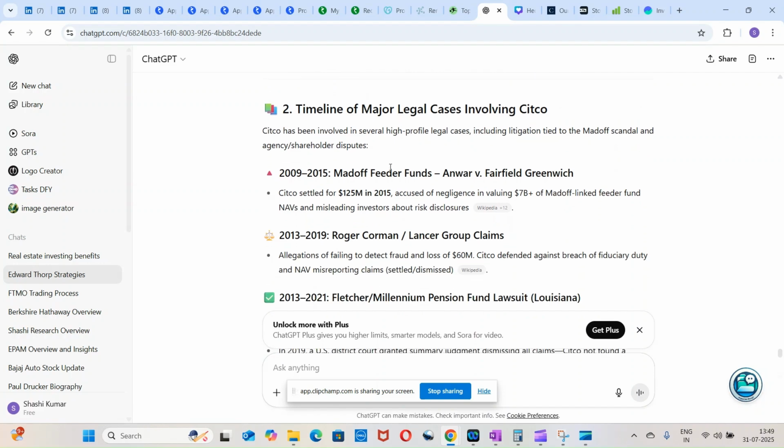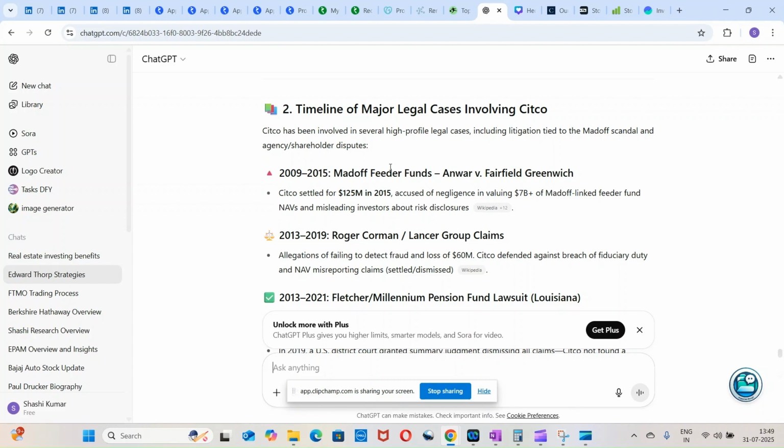Some of the challenges the company has: major legal cases involving Citco. It was involved in a lot of high-profile legal cases. The major one was litigation tied to the Madoff scandal. So 2009 to 2015, Madoff feeder funds case is